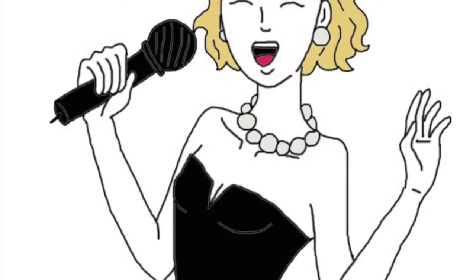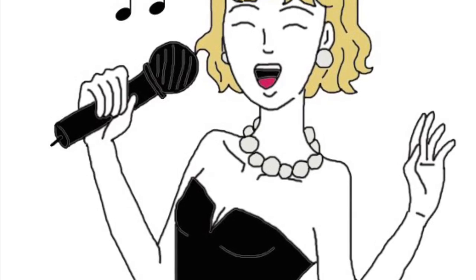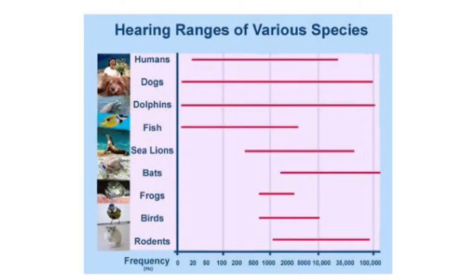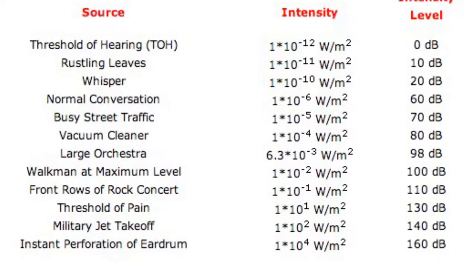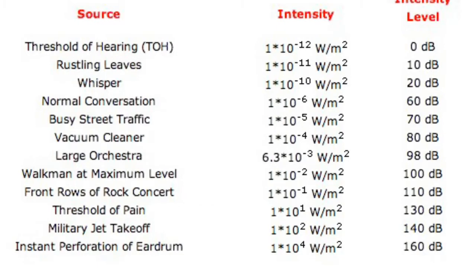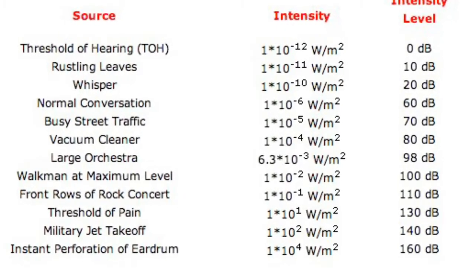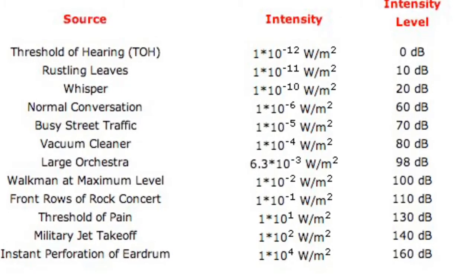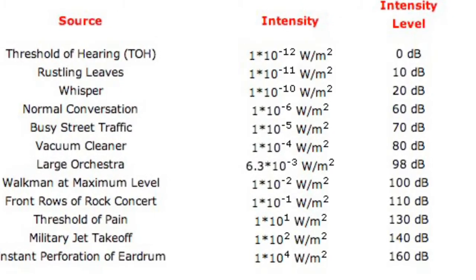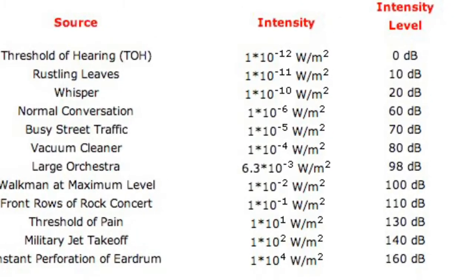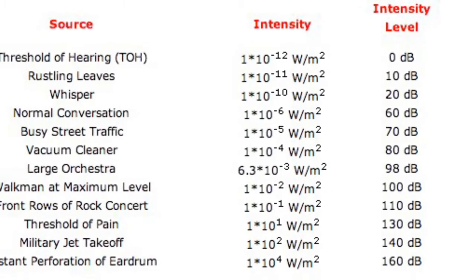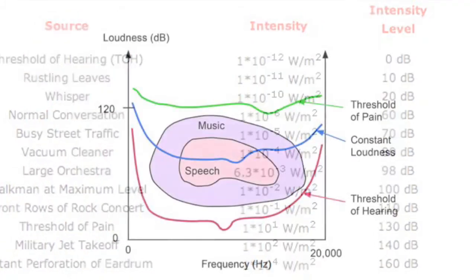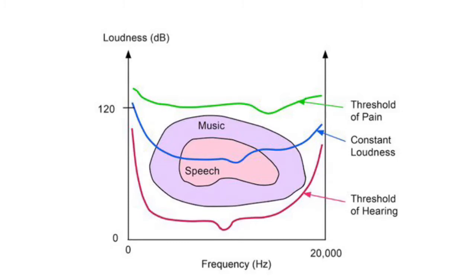If we understood the sound intensity, we can move on to the related terms. We know that humans can detect a wide range of frequencies. They can also detect very faint sounds, so low intensity sounds, down to 1 times 10 to the power of negative 12 watts per meter squared, which corresponds to a sound that will displace a particle of air by a mere 1/1000th of a centimeter. This border is called the threshold of hearing, TOH.